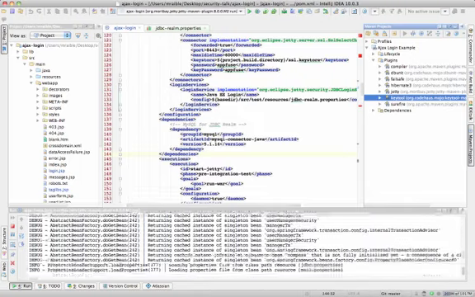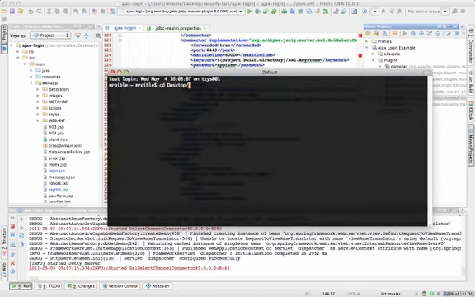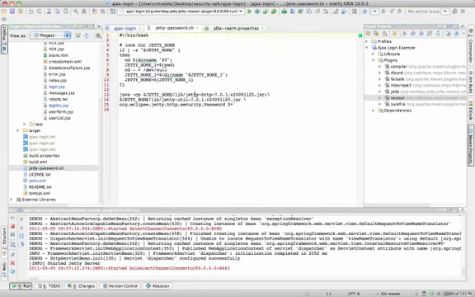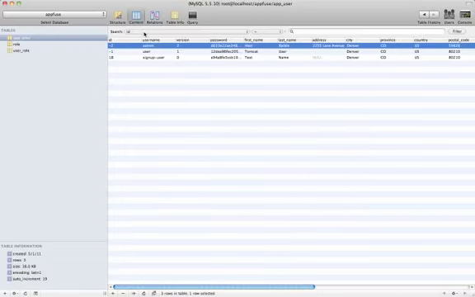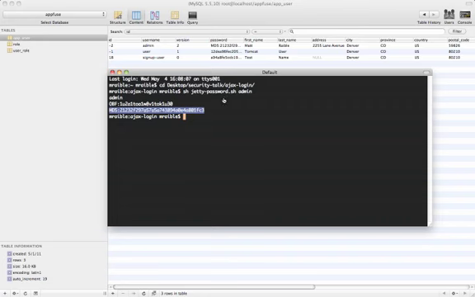So if I bring up a terminal window, I have a file in here called Jetty Password, and this generates a Jetty password for me. So if I type in admin, it gives me the MD5 of that. I can copy that, and I can put it into my database as the admin user's password. Update it, go back to my browser,